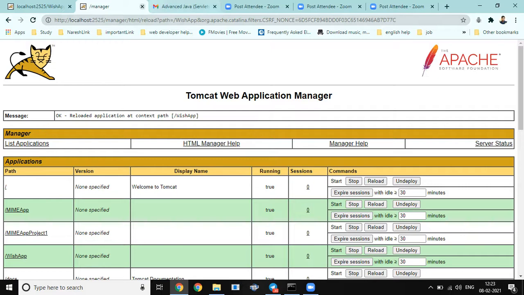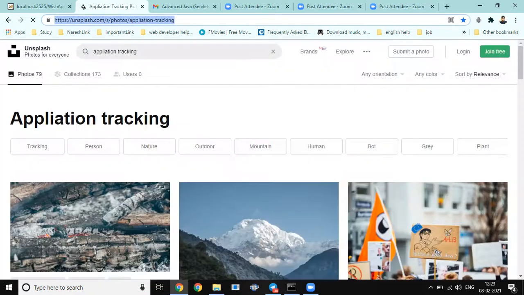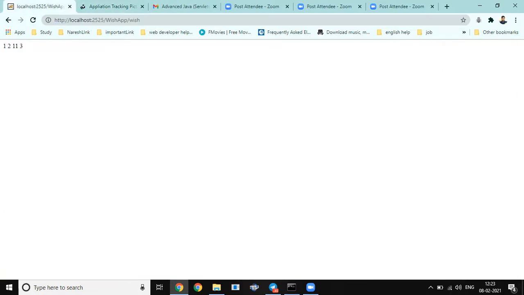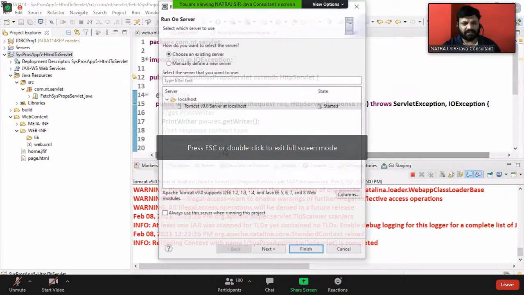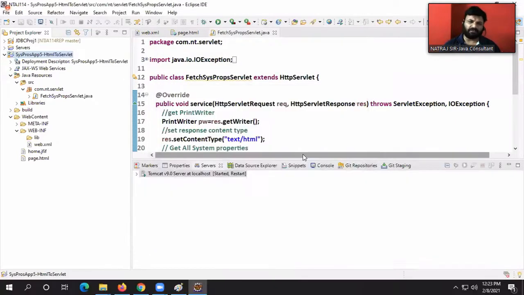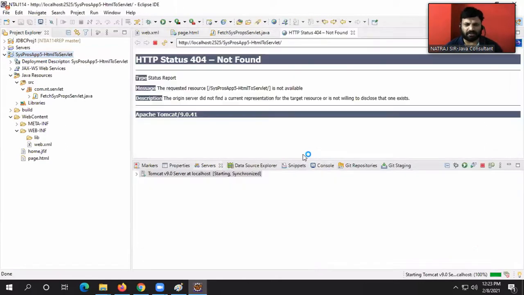It is JFIF, not GFIF, boss. One minute, mistake also happened from my side. What have I written here? GFIF. Okay, let me try with JFIF. See, when I'm doing a modification, I'm not worried about recompiling, reloading, kind of big things. Right click, run on server, say next, save, finish. Changes will be recognized automatically, guys.